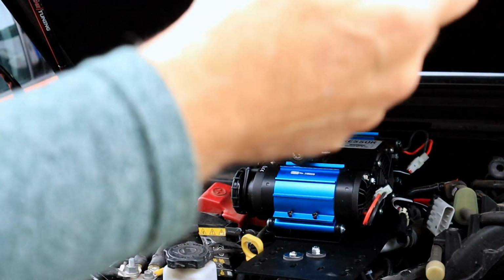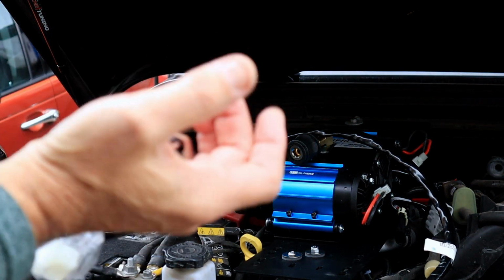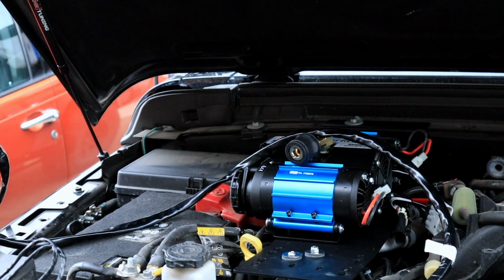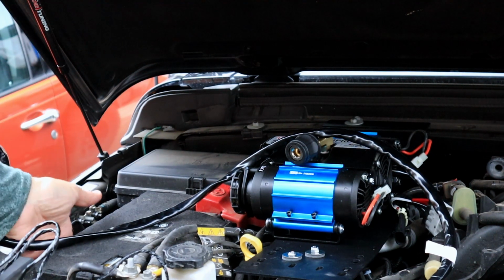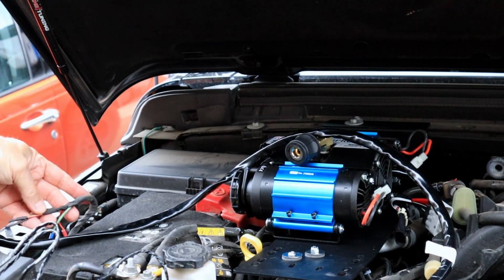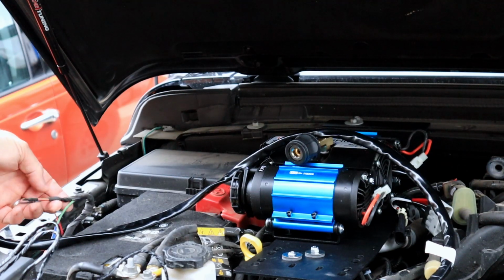So as I indicated before, there are two wiring harnesses that come with this, and you're going to need actually three. I'm going to need at least two of them. I'm not going to hack this apart. Like I said, I'm going to keep it intact. I'll just route it in such a way that it's not too obvious, and then I will be connecting one end to my under the dash switches. Probably this, well actually it doesn't need to be the heavy one. Whichever one of these that I haven't already used, because I've used one from underneath the dashboard, will be used